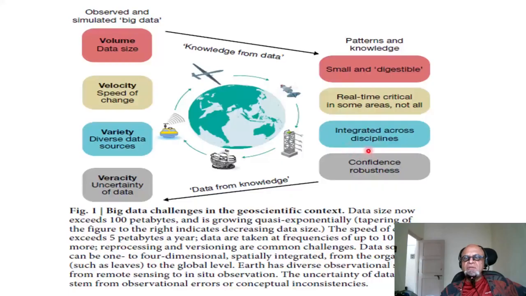So it's not just about climate variables now, it's about vegetation, crop models, land use, impacts on people's livelihoods and so on. And you need to provide confidence and robustness so that you feed it back to the system, data from knowledge. So you want to say what other data and what scales and frequencies and duration, etc.